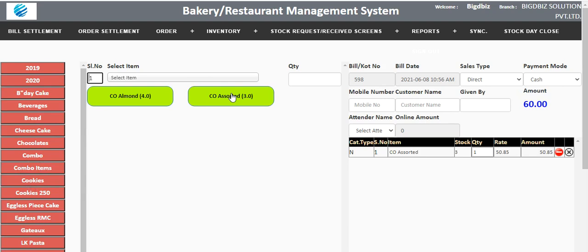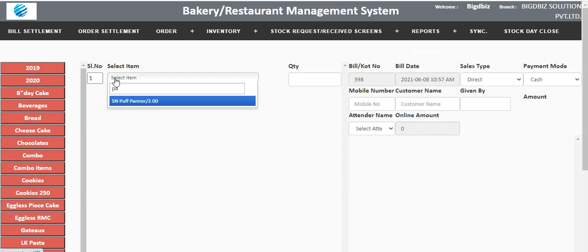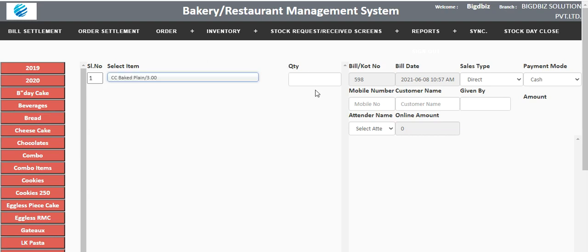Otherwise, if you want to make fast billing, you have an option here in the drop down mode so that you can select the product. For example, if it's a plain cake or something like that, I just click it and enter the quantity of the product.